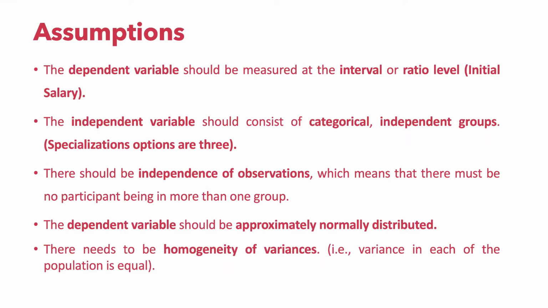Now there is only one assumption which is left to be checked, and that is homogeneity of variances. That is, we need to check whether the dataset exhibits homogeneity of variance or not. For the application of one-way ANOVA, the dataset must exhibit homogeneity of variance. So let us check for that and apply our one-way ANOVA.